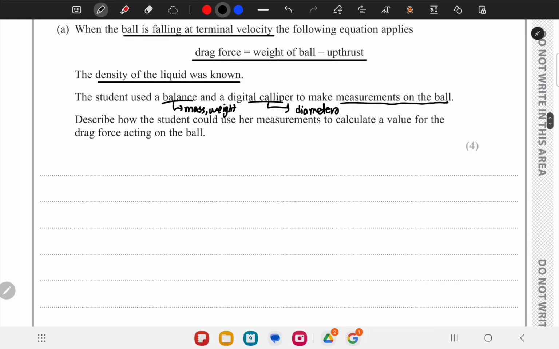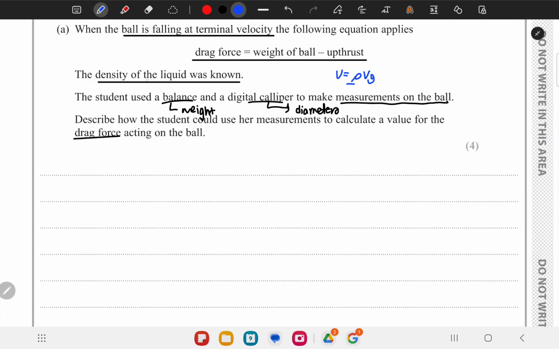Now we have to describe how the student could use her measurements to calculate a value for the drag force. The drag force is equal to the weight minus the upthrust. So firstly, we measure the mass with the balance and then multiply it with g to find the weight. So we found the weight of the ball. Now I have to find the upthrust. The upthrust will be equal to rho v g,